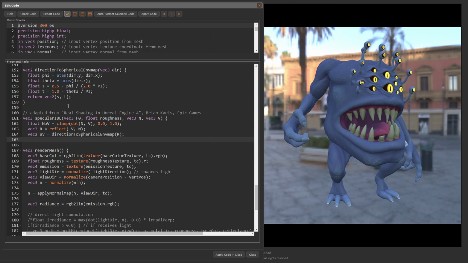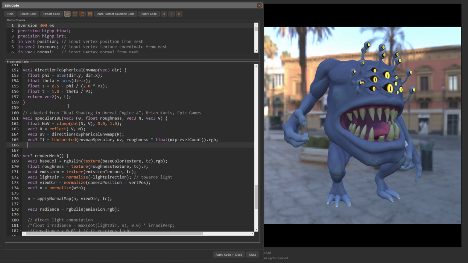We get the value from the specular envmap using the texture LOD function. The mipmap level is computed from the roughness and the mipmap level count uniform variable. Vec3 t1 equals texture LOD envmap specular, uv, roughness times float mipmap level count, .rgb. We get the value of the BRDF integration map.